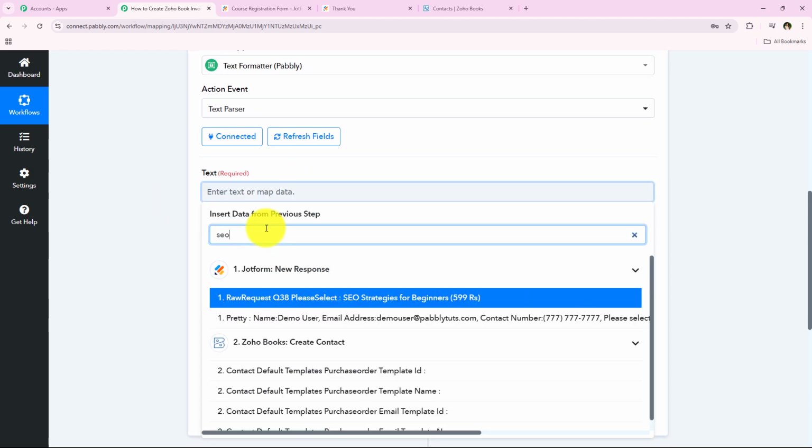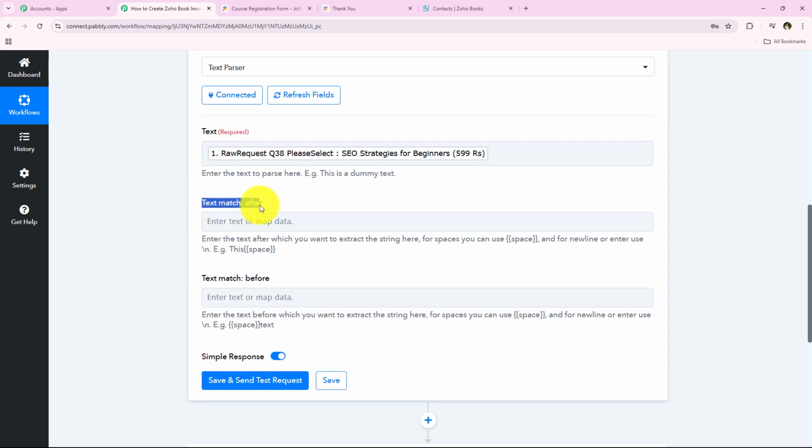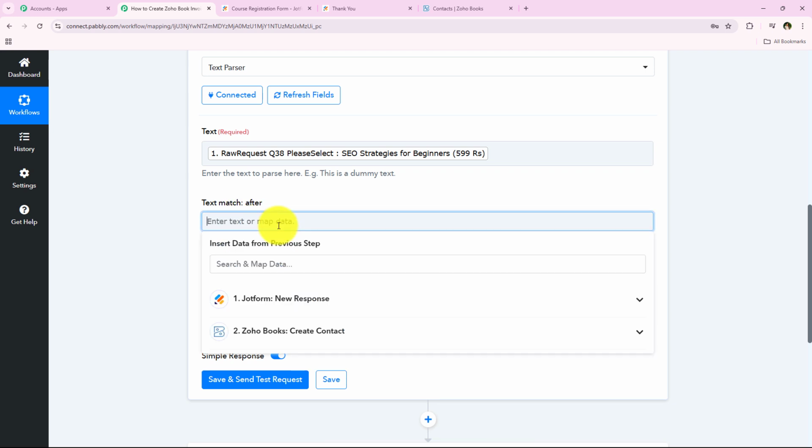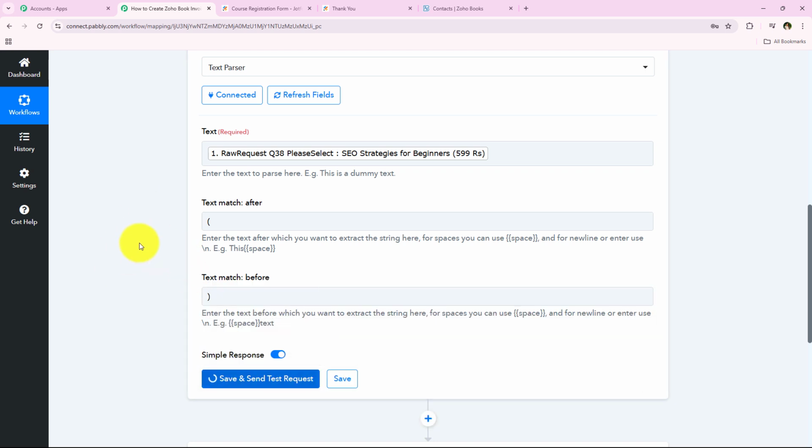So I'm just going to search for course name right over here, and as you can see the same, so we're going to map it. Now it is asking me for the text match after and the text match before. So what I want is I want to extract this 599 rupees, right? So this is after this bracket opens, okay? So I'm just going to enter this, and now it is before this bracket closes. So once again, I'm going to enter the before as bracket closes, and I'm going to click on save and